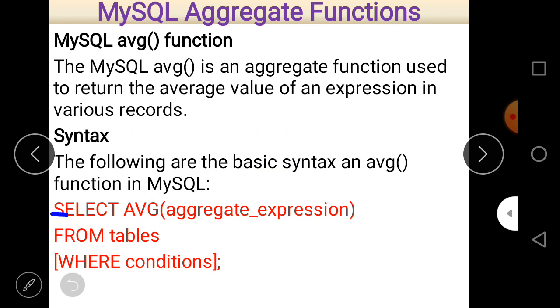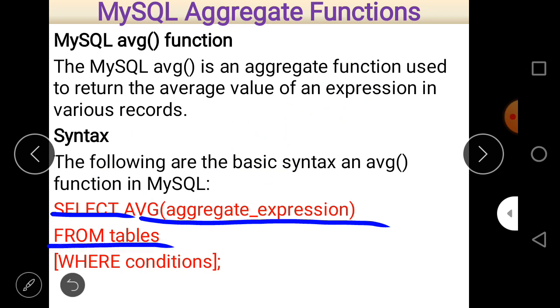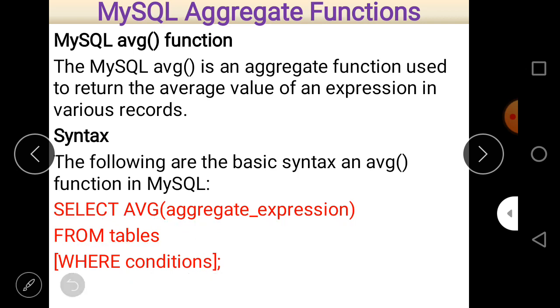So just write select, after that the AVG expression, the average expression, then after from the table, and if there is a condition, then just write where condition, and always mark a condition with the where clause, and at last there is the sign of semicolon. You can see here that in the syntax the where condition is written in square brackets.